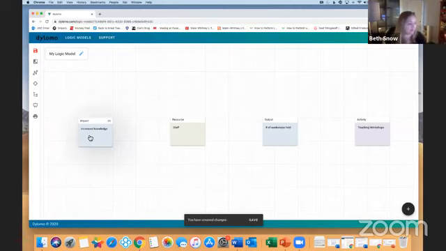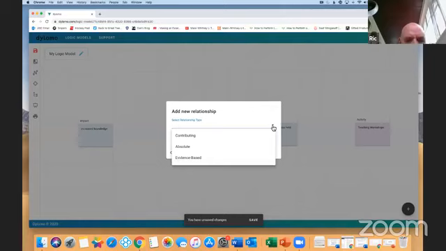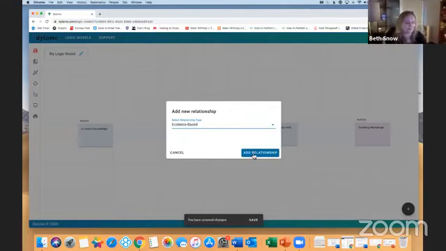To create a relationship, when you hover over any box, there's a little icon here for a link. Click that and then just drag over and click to whatever box you want it to connect to. It's going to ask what type of relationship I want to add. Maybe I'm going to say this is an evidence-based relationship. Click add relationship, and there's your arrow. And you can just keep doing that